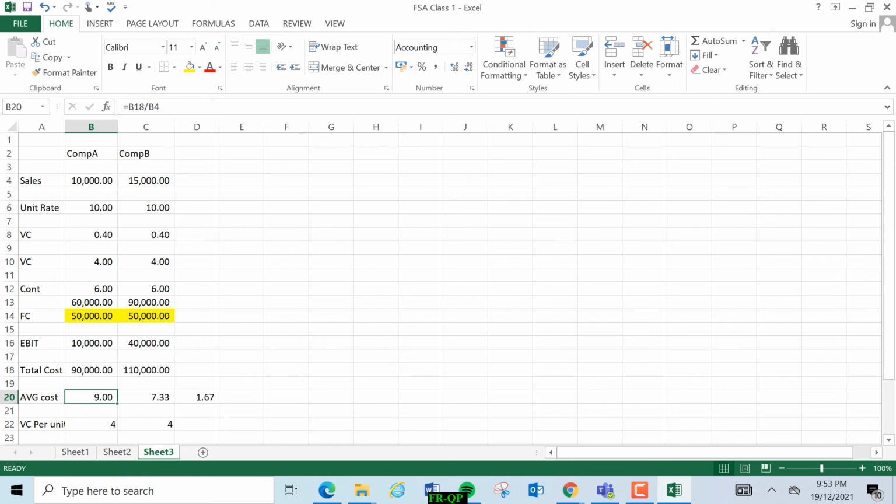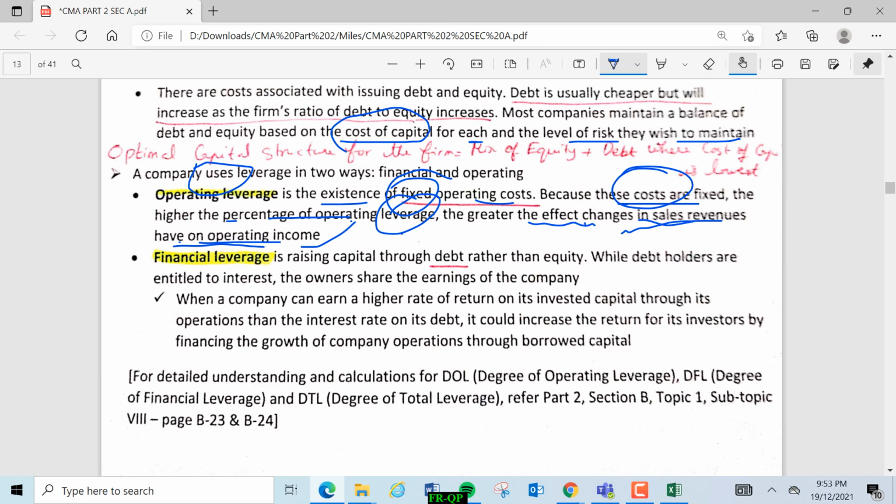Okay, so that is what we are actually learning at the DOL. The financial leverage is what? The financial leverage gives the benefits from the interest cost. So what is it saying? Financial leverage is raising the capital through debt rather than equity. So financial leverage says that you do the financing from the debentures rather than going to the equity, because